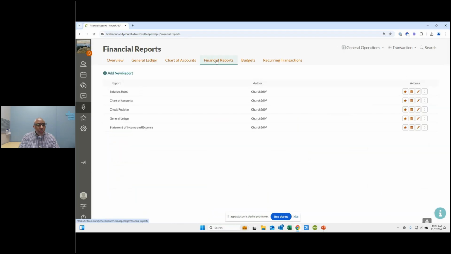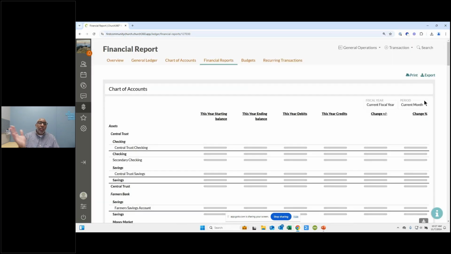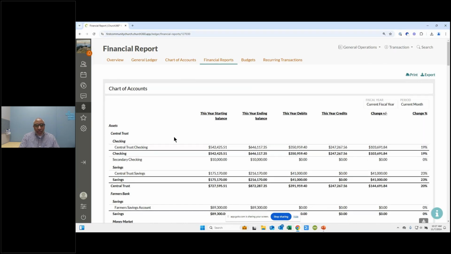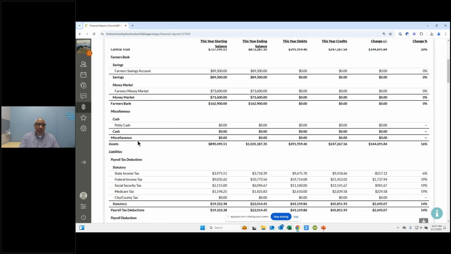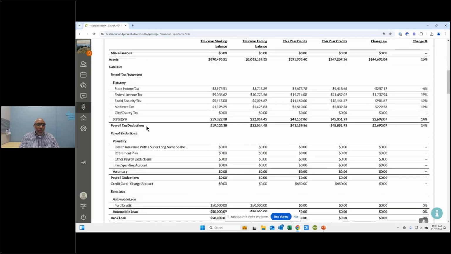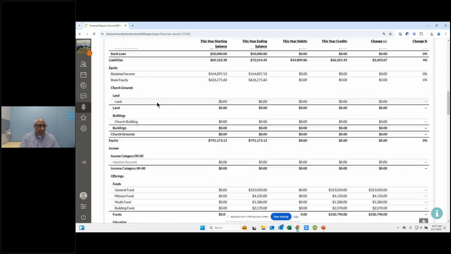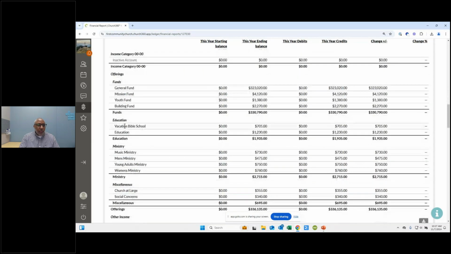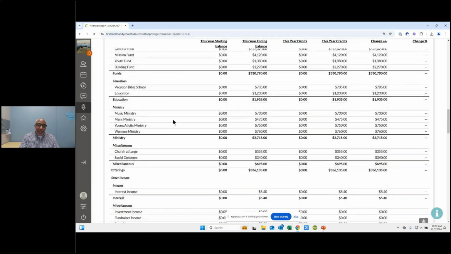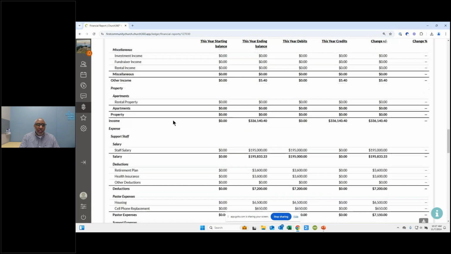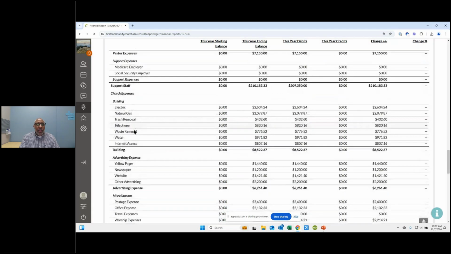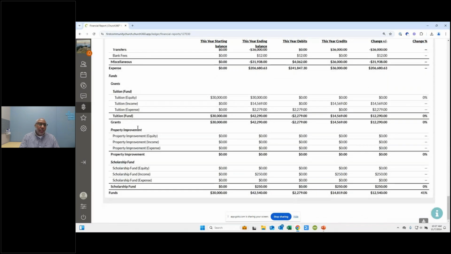So this is the balance sheet report. Then there's the chart of accounts report. The chart of accounts report is all of our accounts. It's not just like the prior one where it's assets and liabilities. As we scroll down, we see assets, liabilities, a little bit further, equity. It's got retained income and it has book equity. Then we've got our income. Funds is technically an income account named fund. Then we scroll down a little bit further, we get into expenses, and then we have our equity-backed funds, all the way down to the bottom.